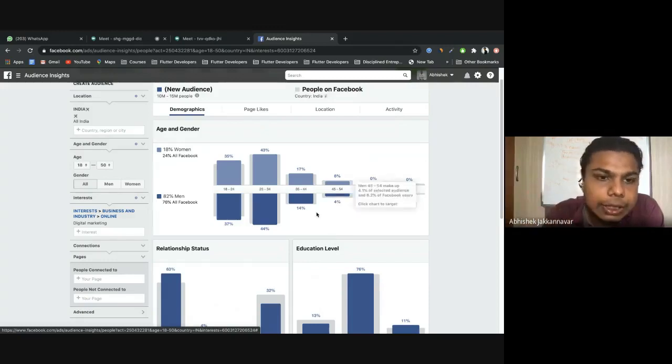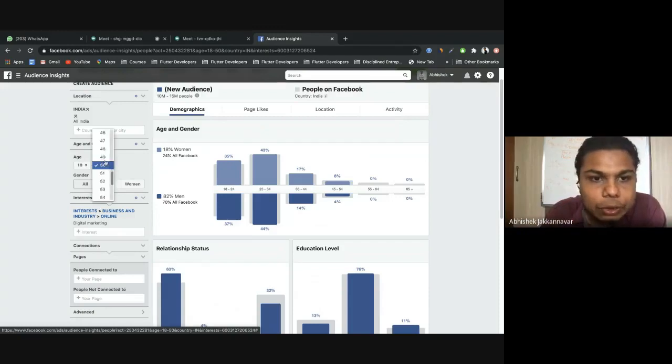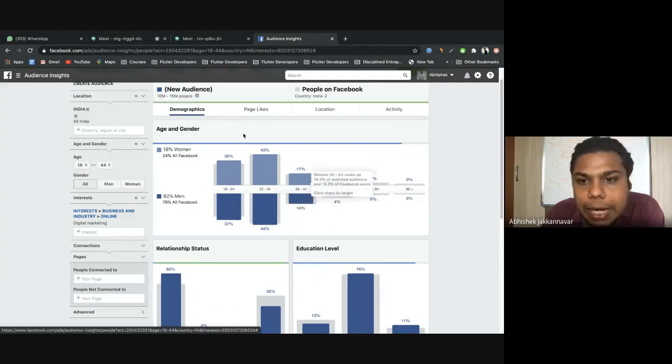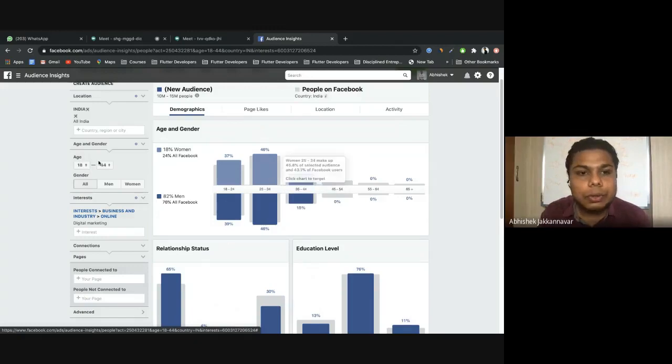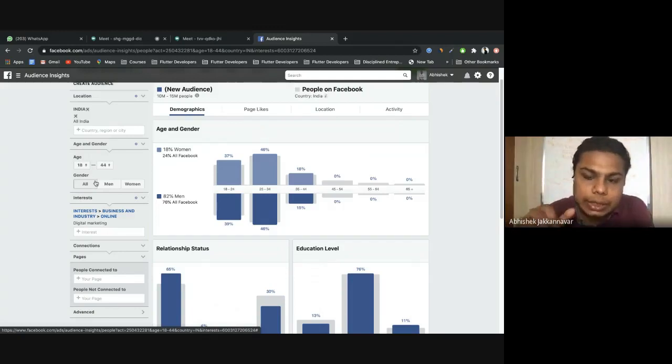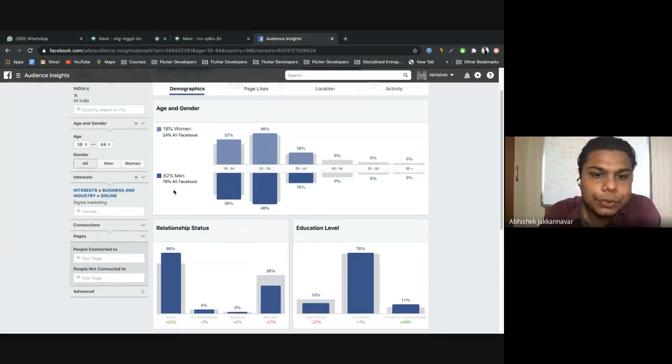Now I make sure that it is not 18 to 50, but I can make it more crisp by making it 18 to 44. Why? Because the probability is at the highest rate here. Using this, you can go back to your persona and start making changes there. This is a good insight, because targeting 2 to 3% of people and showing them ads, spending on that, the probability I feel is less. So I show the ad to people who are already interested in this.